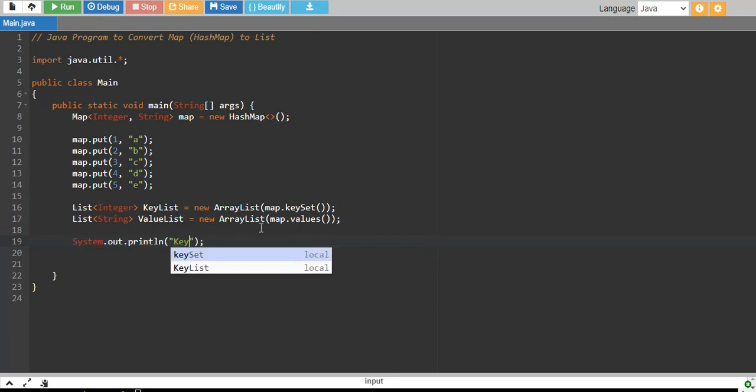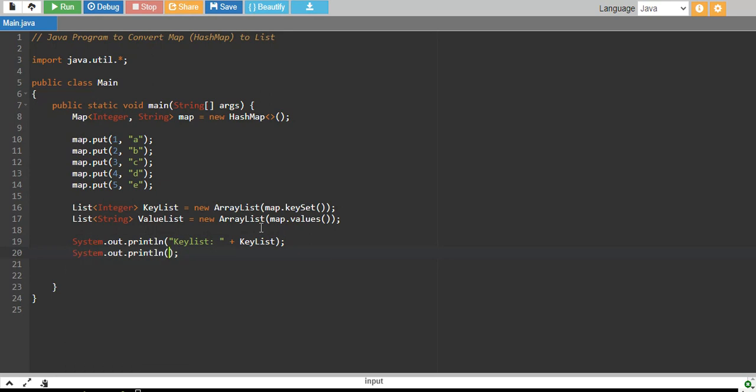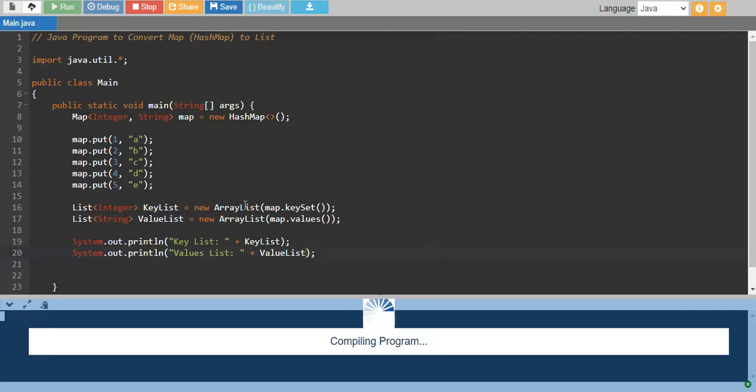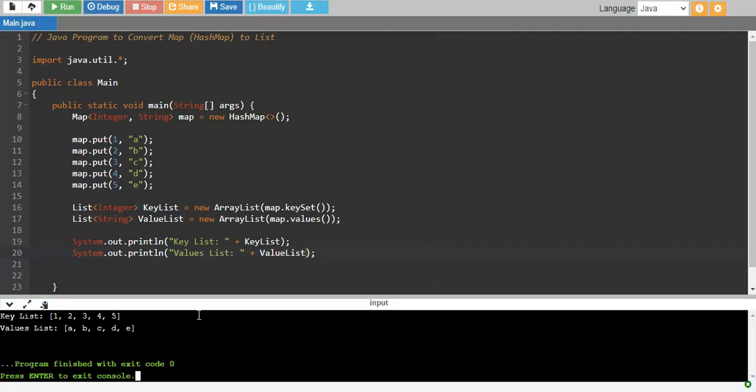So we print key list, and then we have our values list. Okay, so let's run it and see if things are fine.